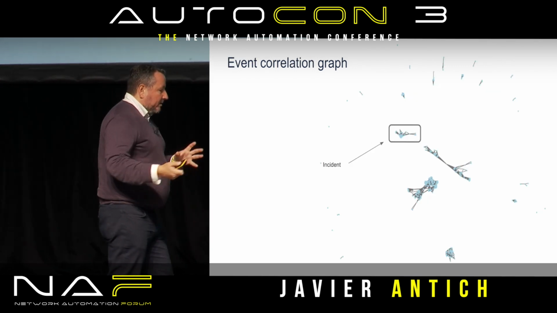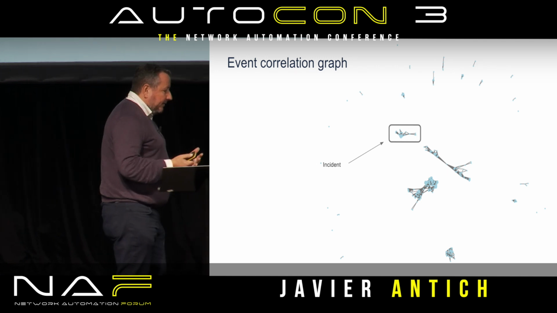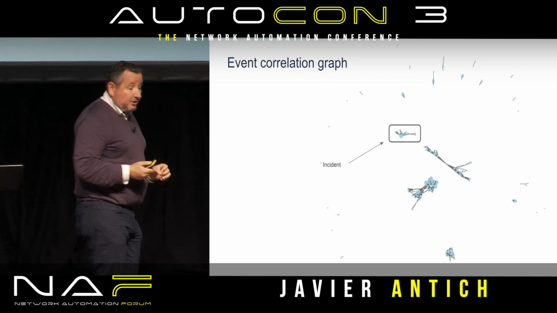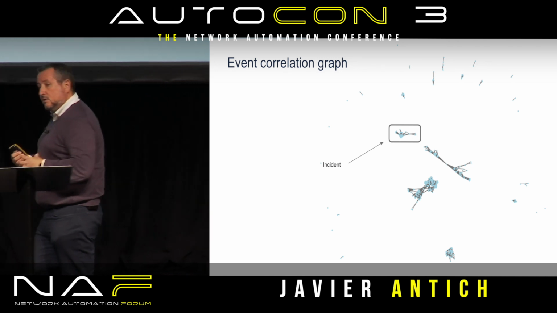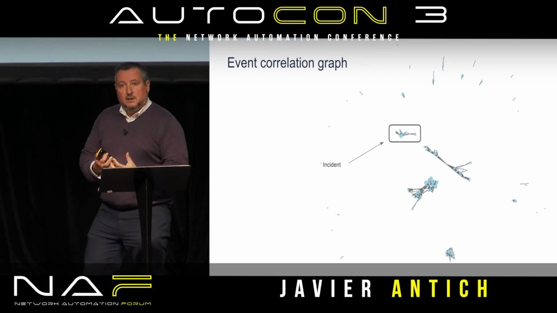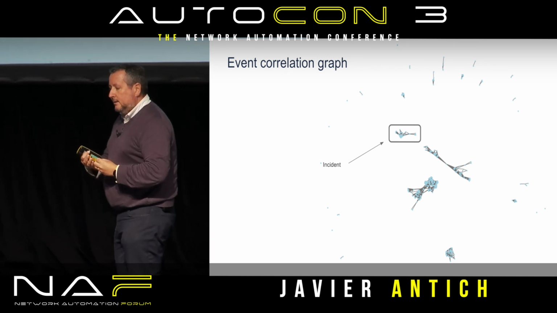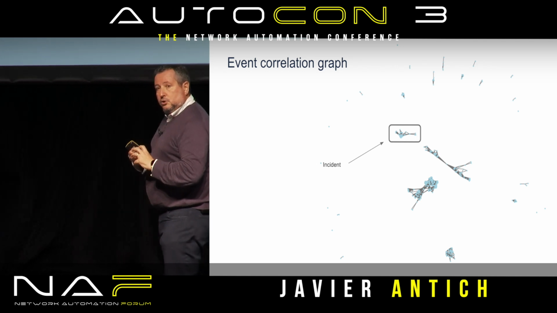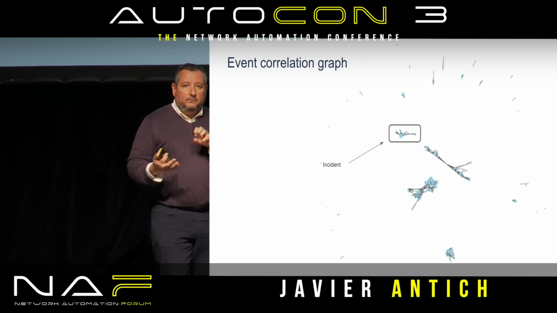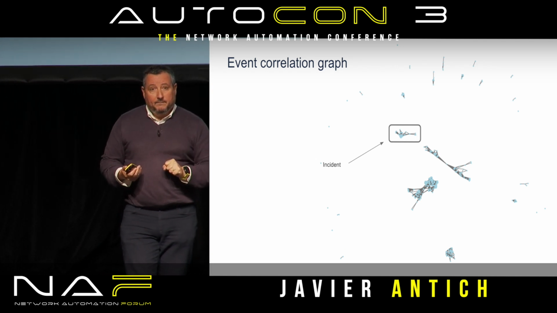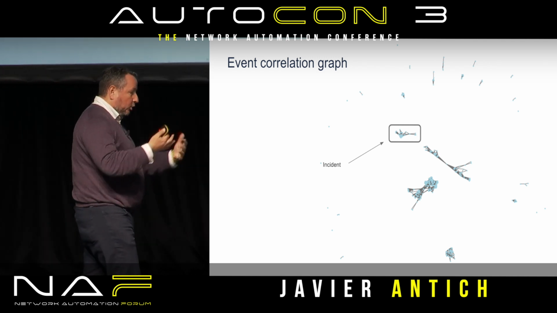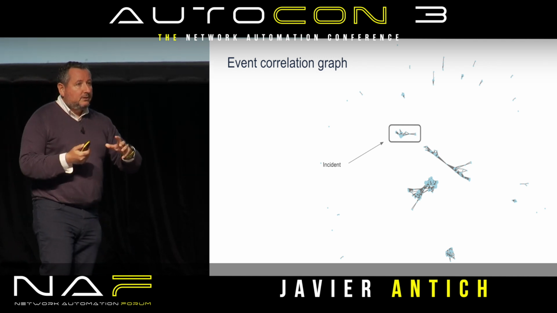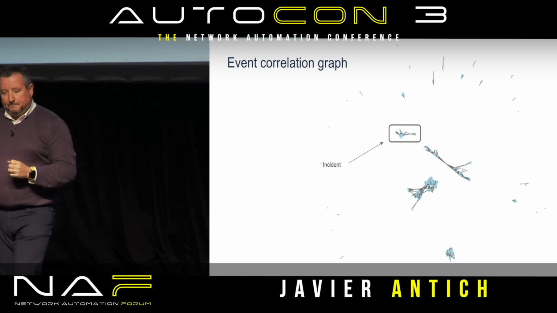But the consequence of the correlation and the semantic mapping that we do in the first stage is the creation of a new graph, a new knowledge graph, which is based on the events. And those events that are really connected with each other result into subgraphs that can be extracted, and each of those subgraphs is effectively an incident, right? Because these events in some way, maybe not all together, but maybe by pairs, they have been found to be related.